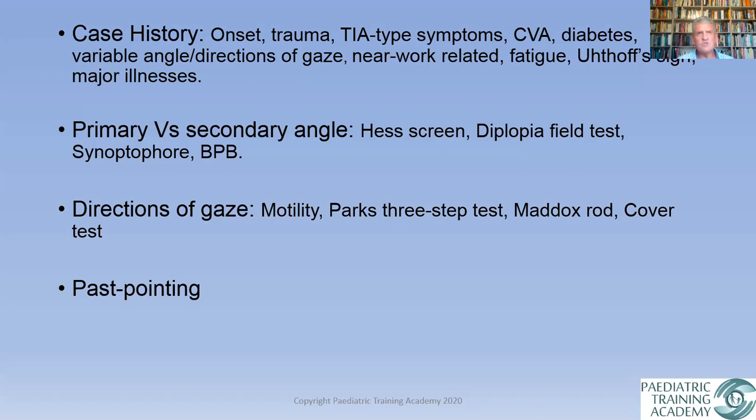We talk about incomitant strabismus, but we also need to, when we're doing our case history, start thinking about near-work related problems. Patients, I'm sure you all see them every day. They sit in front of a computer for 8 hours at work. They have few breaks. They then go home and they might continue with their job on a computer, or they